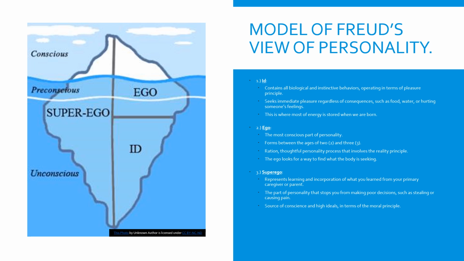Now, the id and the superego frequently come into conflict with each other because if we're really thirsty or hungry, we may want to take that person's food, or we might want to take that person's water bottle, or get something from that person. But our superego, or that moral part of us, tells us, hey, I can't do that. That's not right. I can't just take that guy's water bottle or that guy's hot dog because I'm hungry. Therefore, Freud stated that a person must be able to satisfy the demands of the id, such as getting food or water, without offending the superego, or doing something that's against your principles.